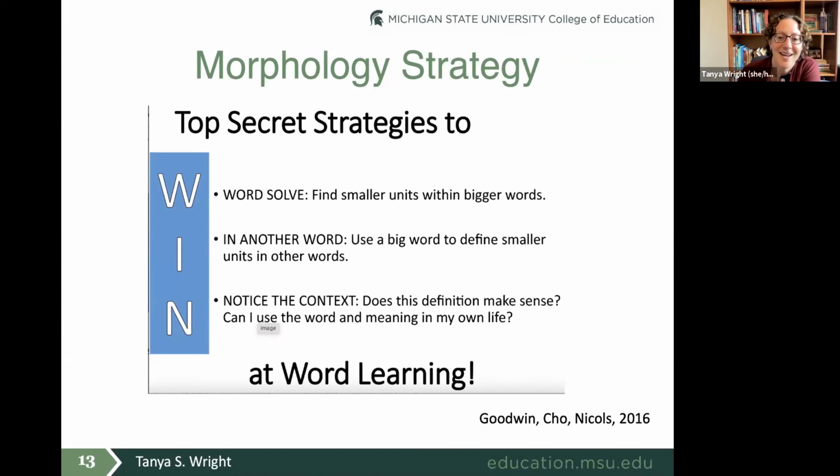Okay, and we didn't get to a lot of, can I use that word in my own life, in part because this was part of social studies learning. I'm not saying that they can't connect social studies learning to their own life. That came out wrong, but they were learning something specific about the Statue of Liberty at that particular moment, and so we don't see the rest of the social studies learning, is what I was trying to say. But for sure we can have kids connect to their own life and think about pedestal in their own life, or pedestrian for sure, or maybe even pedicure. So that's a really good example of how that might look in a classroom during a read aloud.